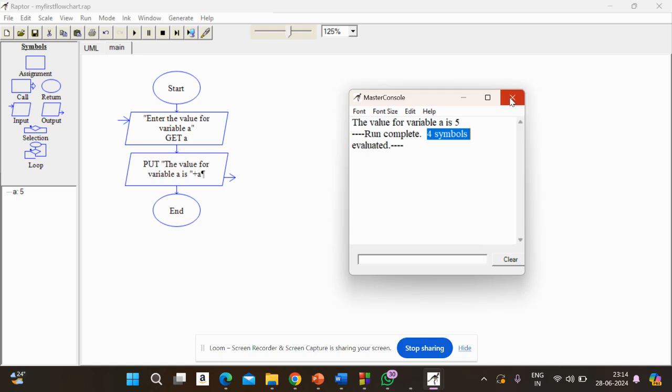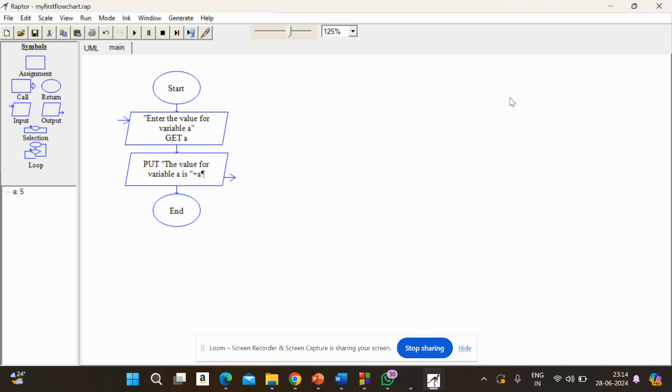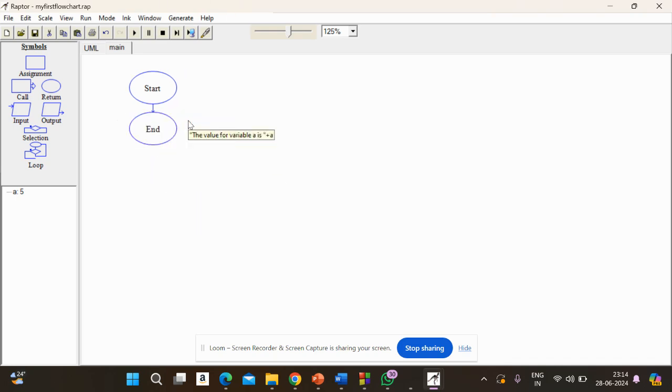One more exercise I will be showing. I am taking the same, and now I am going to show addition of two numbers. In this case, we need to take two symbols for the input. That is, place the arrow mark or pointer on the input option, again drag and drop in between start and end, then right click, edit,